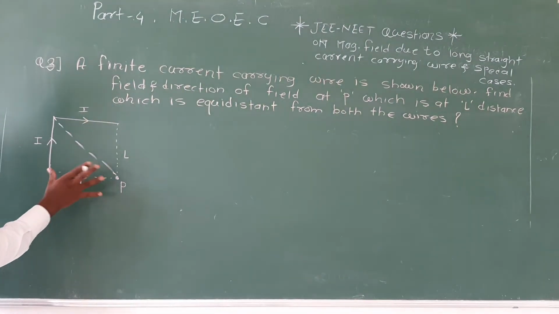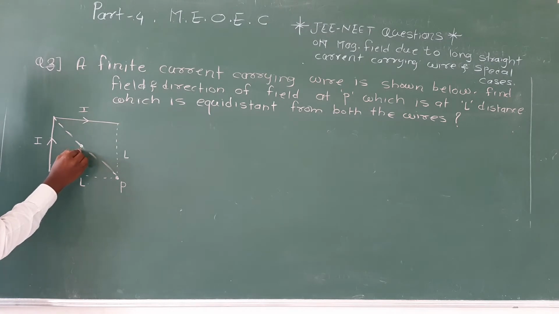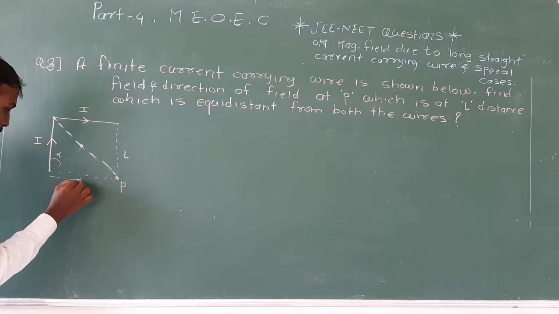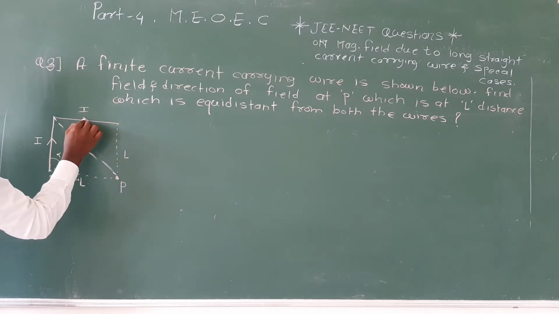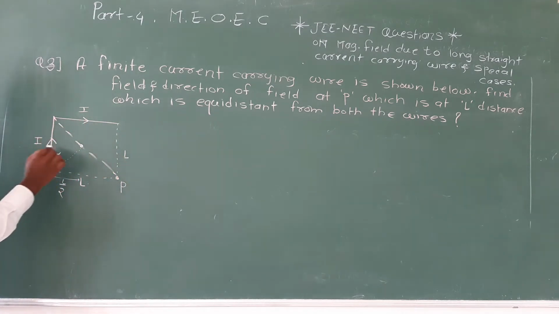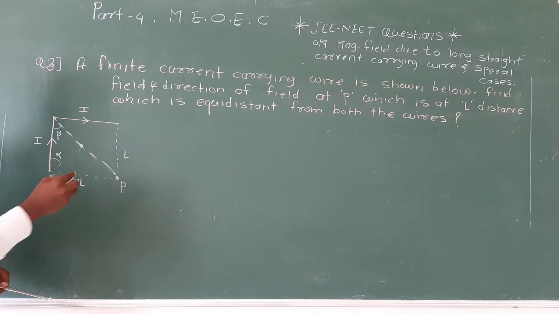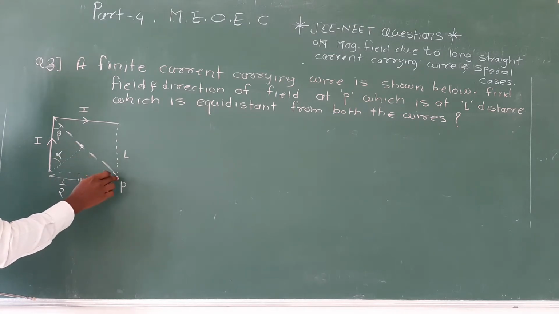So this is alpha, but we can do one thing. See carefully, if I take this point, then here we will get the alpha angle, and the distance here will be L by 2. Similarly, for this part also you can take like that, but first of all we will solve for this part. If this is the alpha, definitely this will be the beta. Now whichever the magnitude of magnetic field will be here, you can find that the same will be here.